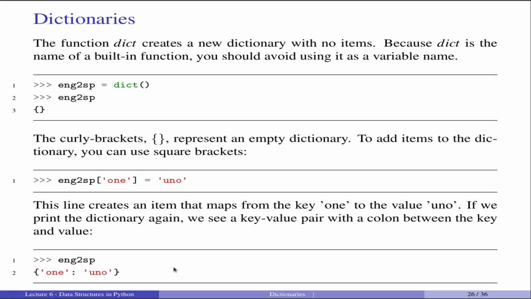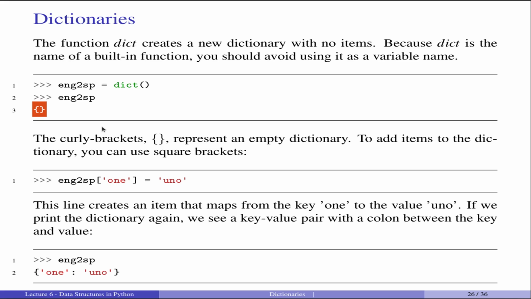So before doing anything, if I want to create an empty dictionary, we can use the built-in function called dict. সো আমি যদি একটা ইংলিশ টু স্প্যানিশ ইএনজি টু স্প্যানিশ একটা ডিকশনারি তৈরি করতে চাই, আমি খুব সুন্দর একটা এমটি ডিকশনারি তৈরি করলাম। সো নাও ইফ আই প্রিন্ট দ্যাট ডিকশনারি ইট উইল শো মি অ্যাজ এমটি। খেয়াল করার বিষয়, একটা লিস্ট আমরা স্পেসিফাই করি থার্ড ব্র্যাকেট অর স্কোয়ার ব্র্যাকেটস দিয়ে, একটা টাপল আমরা স্পেসিফাই করি ফার্স্ট ব্র্যাকেটস দিয়ে, মজার বিষয় একটা ডিকশনারি আমরা স্পেসিফাই করি সেকেন্ড ব্র্যাকেটস দিয়ে, রাইট, অর কার্লি ব্র্যাকেটস দিয়ে।